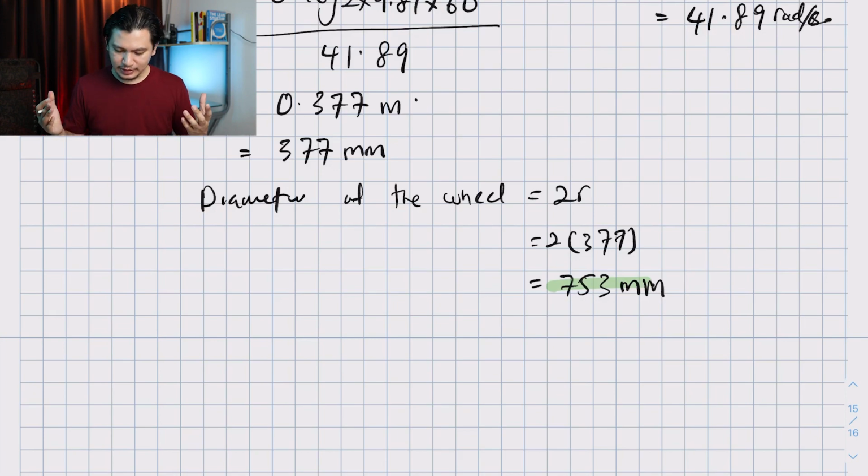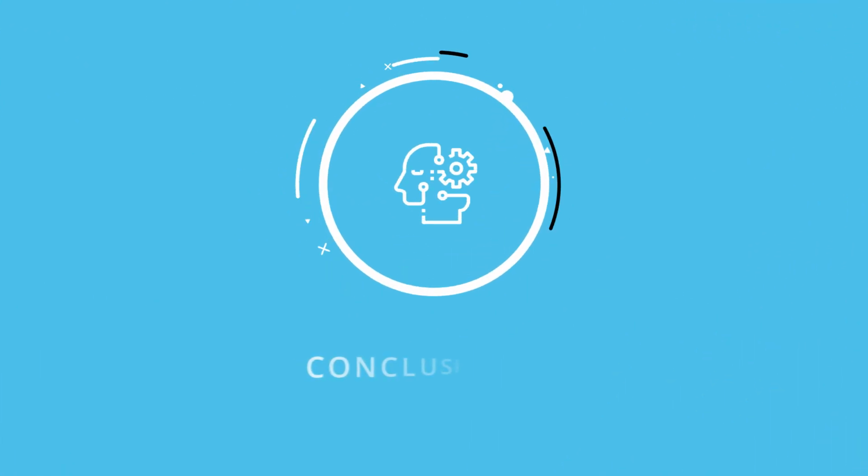If you find, let's say, a diameter of the jet is bigger than the diameter of the wheel, then you know that something is not correct. Maybe you've made a mistake in punching your calculator, or maybe you've made a mistake on the decimal places, maybe you've made a mistake on units. So then check your answer again and again.